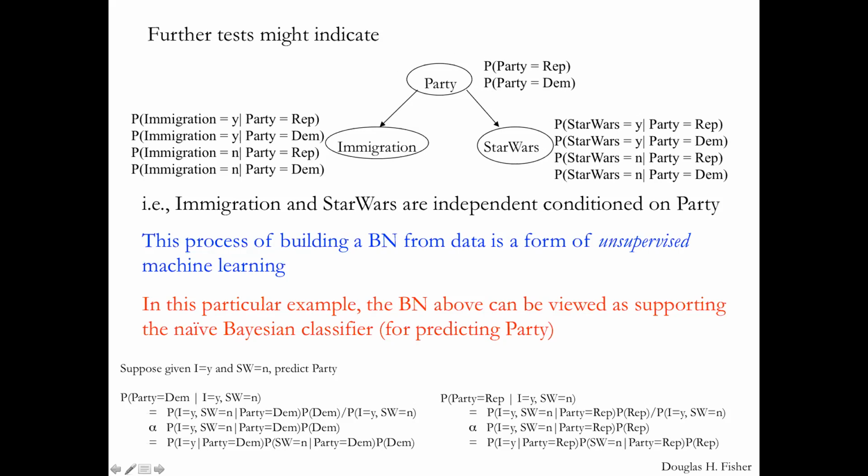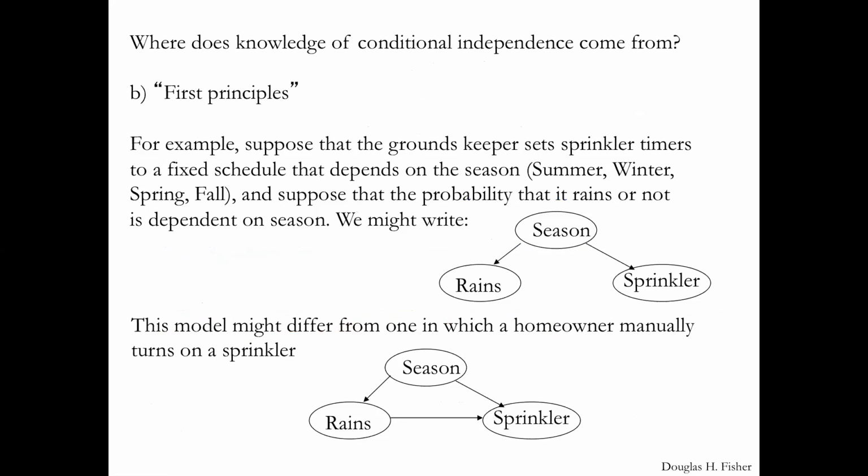But we attained this by simply looking at the data and making judgments. This is the second place, at least the second place, where knowledge of conditional independence might come from. It might come from what I would just call first principles. We reason about